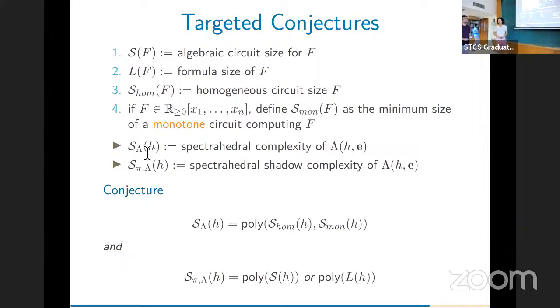There was a paper by Affiliation, right? Or shadows of